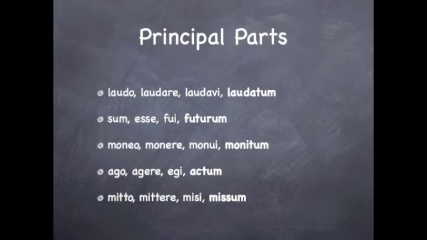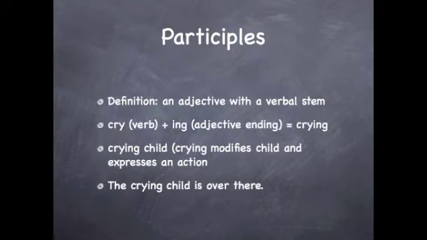Every single one of these forms will end with an um. Normally it will end with a T before it, but sometimes it's an S. Sometimes you'll see some R's in there, like with futurum. But normally, for the majority of Latin verbs, it's going to end with a tum. This is your fourth principal part, and it's called the perfect passive participle. Now, a participle, and this is true in English as well as in Latin, and really any language, a participle is an adjective based off of a verb.